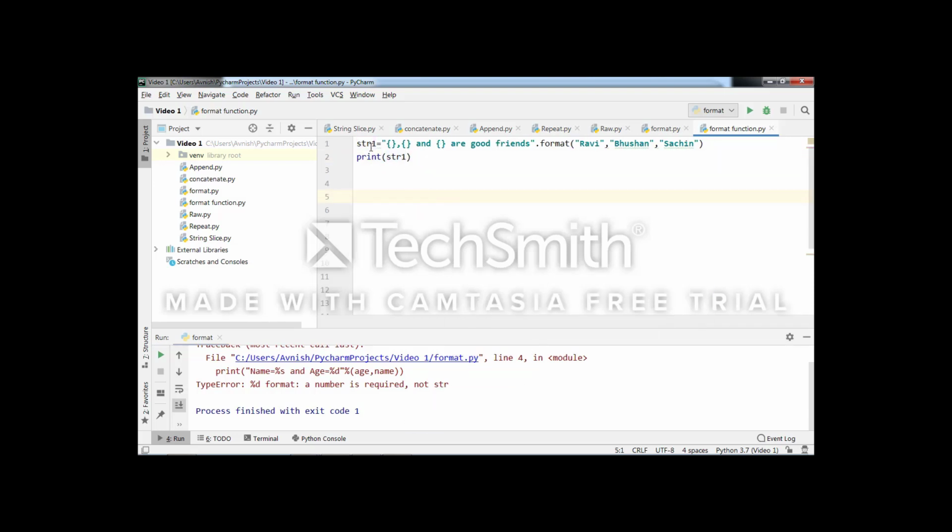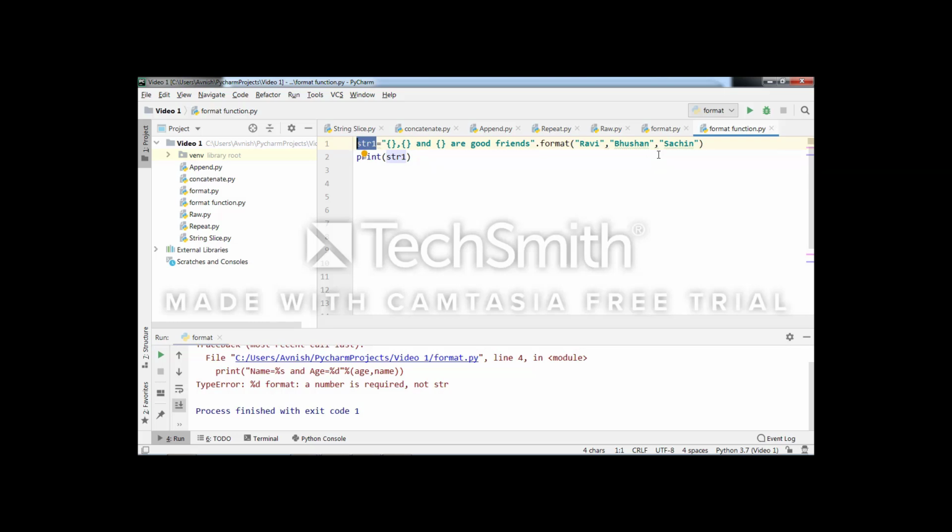Let's see this example here. I am using the string 1 variable to print that Ravi, Bhushan and Sachin are good friends. If you run this code, these are the placeholders, 3 placeholders, since there are 3 arguments in the format operator. The placeholders must match the arguments.